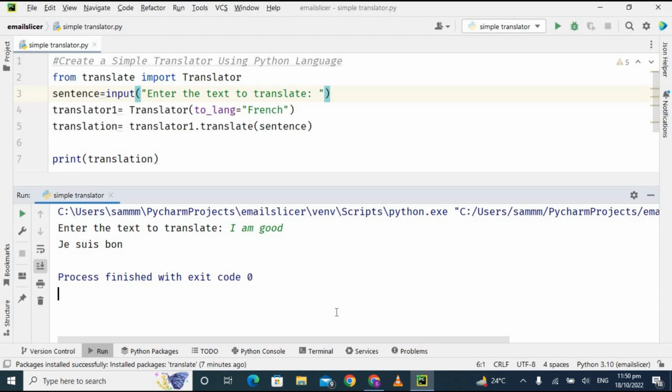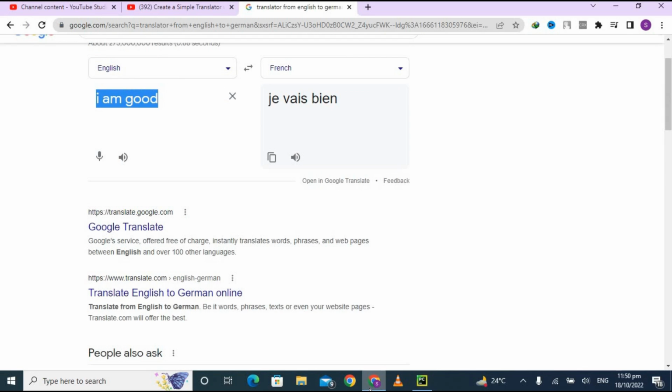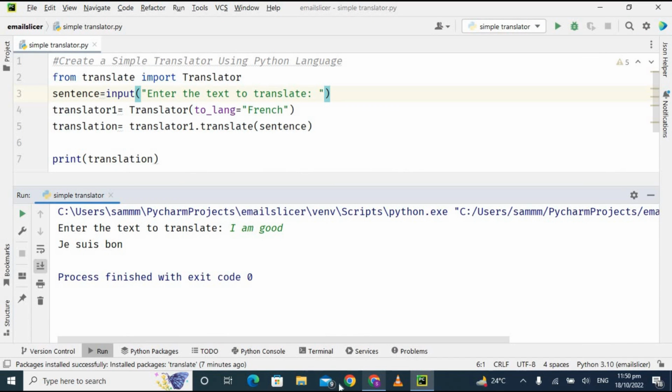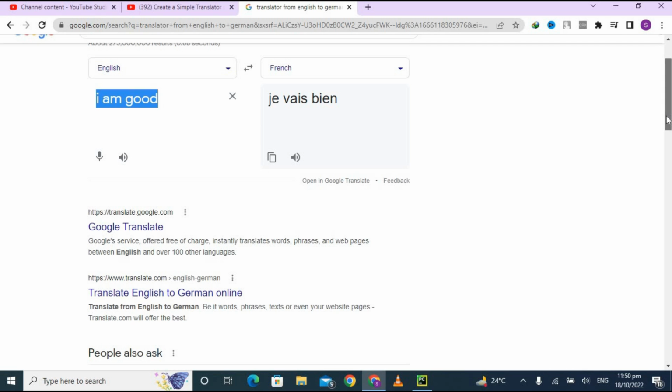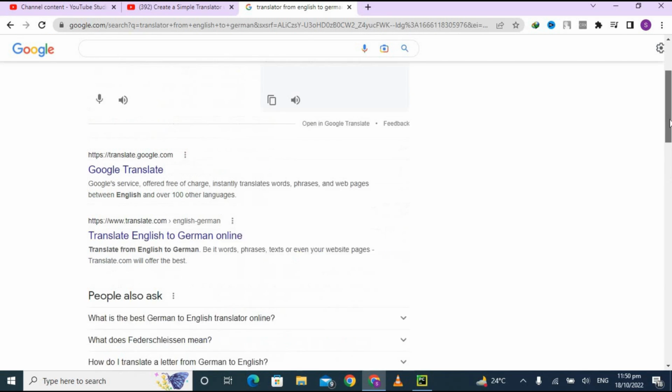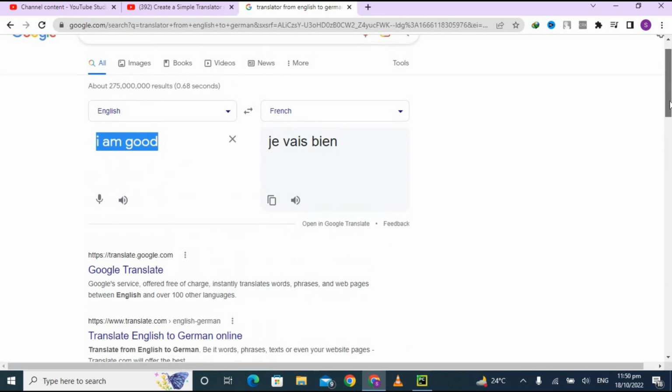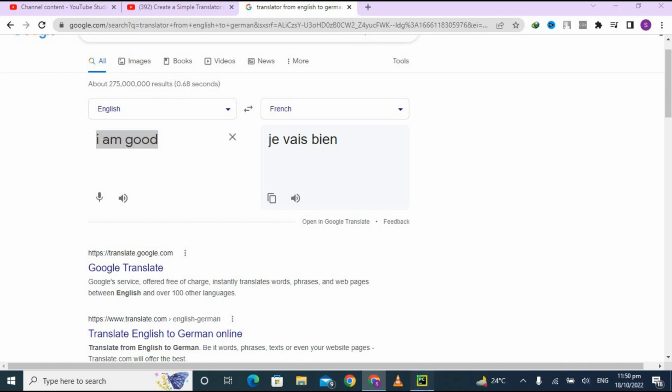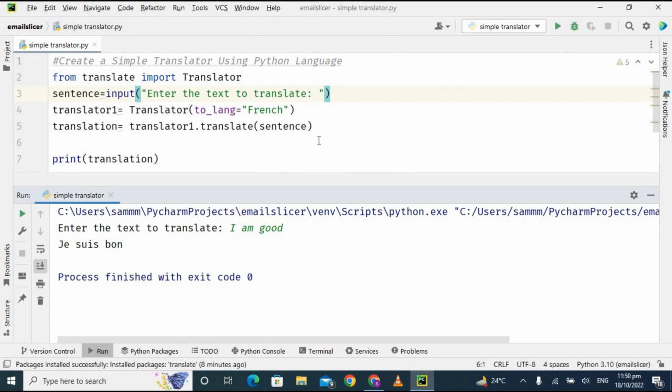So the translation is almost correct. It is giving us a bit different translation, and I don't know which one is right. Okay, let's try another one. Run it again